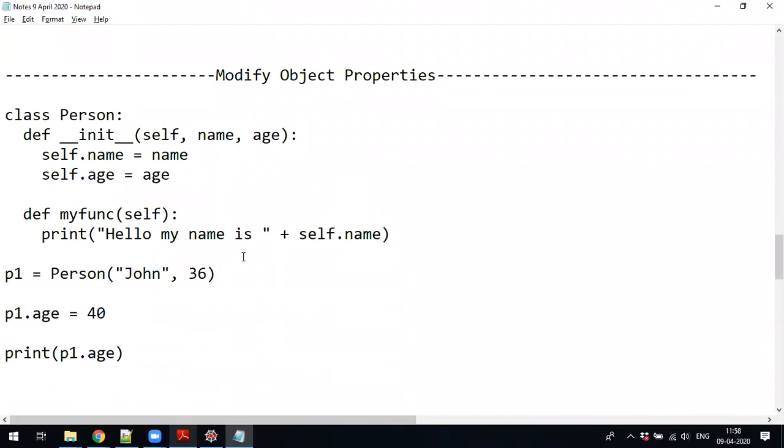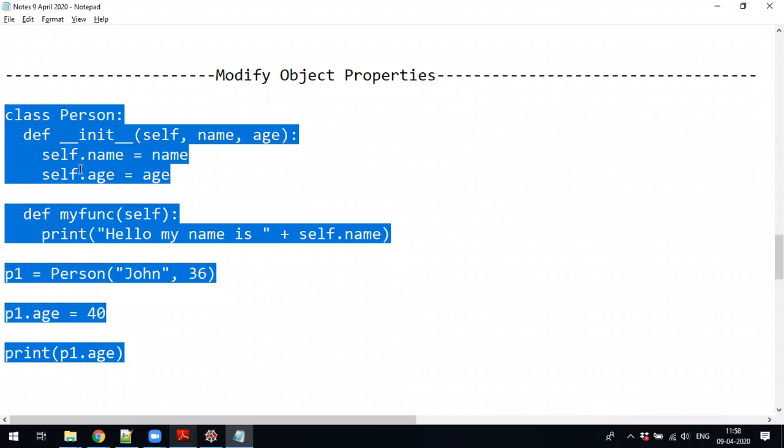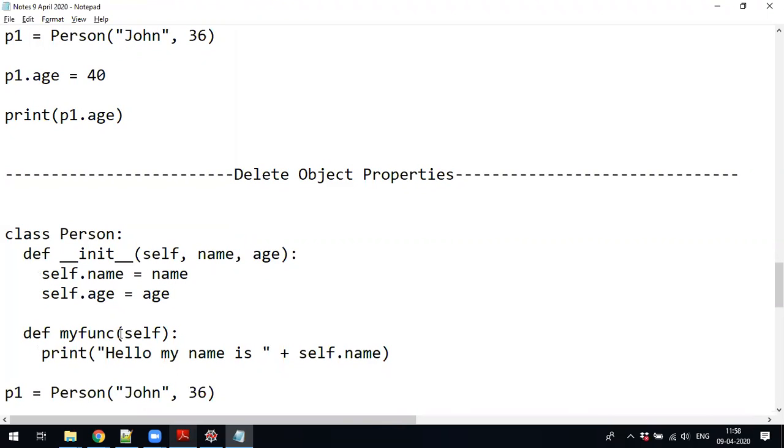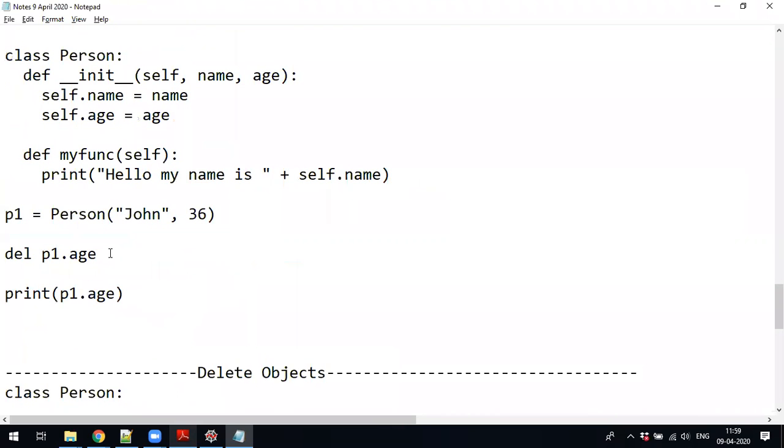The next is if you want to modify the object, we have already seen this: p1 dot age equals 40. We have discussed this. Now, how to delete the object properties? There are attributes like age and also the name.